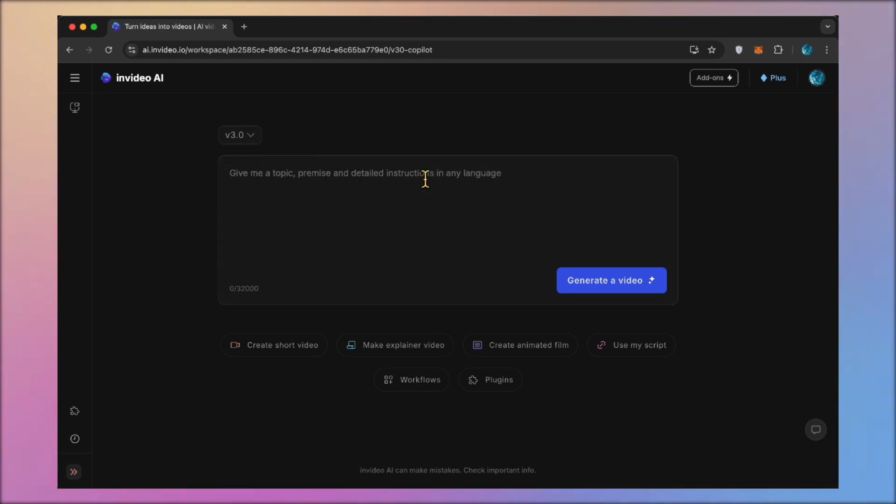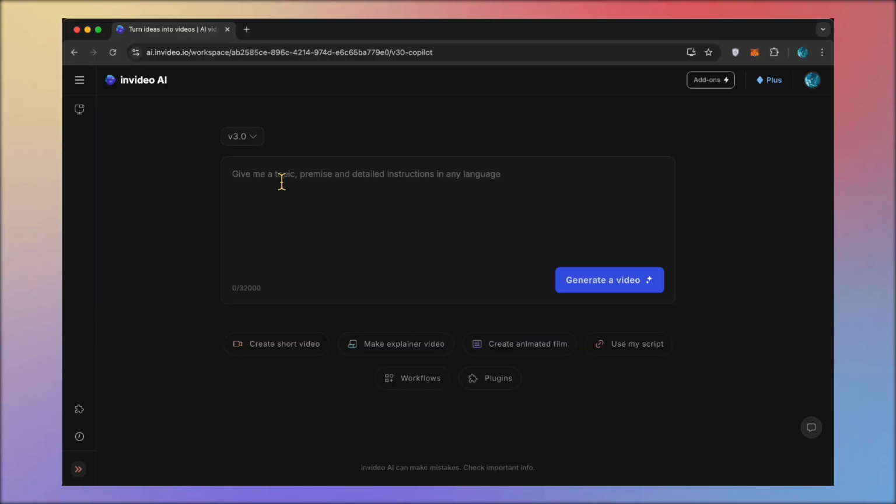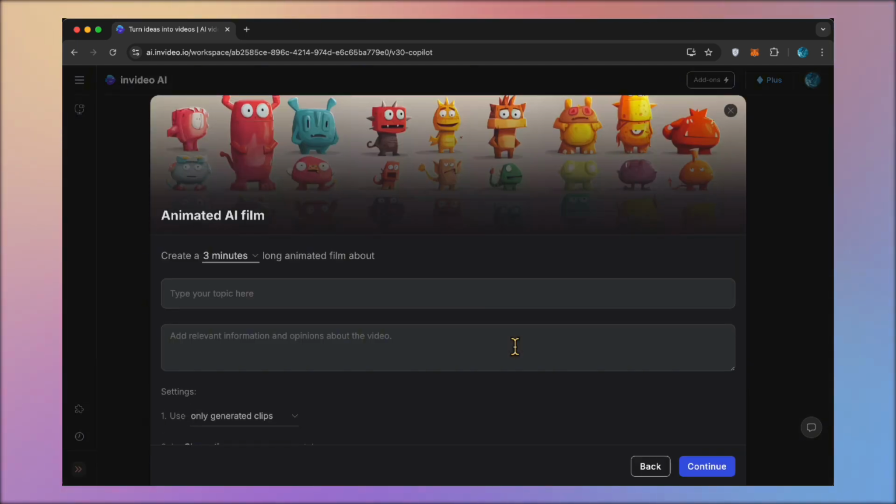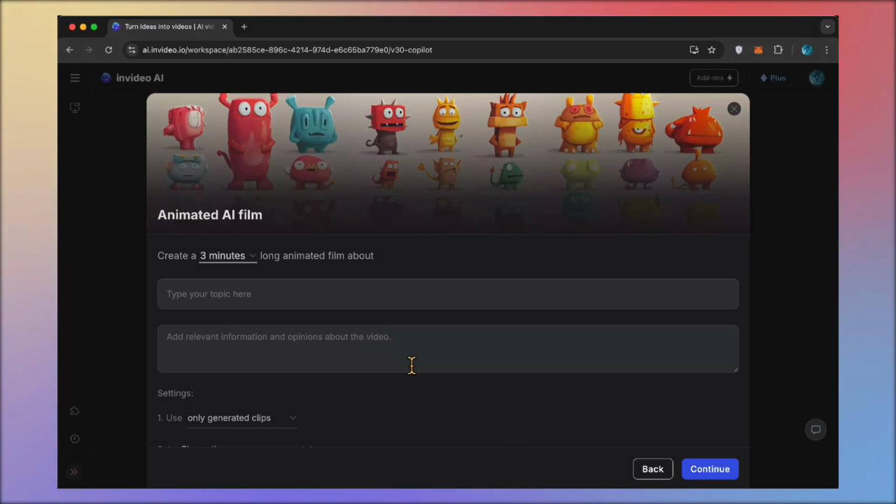Once you've selected the engine, the next step is to craft your prompt. After selecting your engine, you'll notice several preset options below the chat box, including animated film. To generate animated AI content, choose the Create Animated Film option and follow the guided steps to bring your creation to life. After selecting Animated Film, you'll access an intuitive interface where you can easily customize your video,